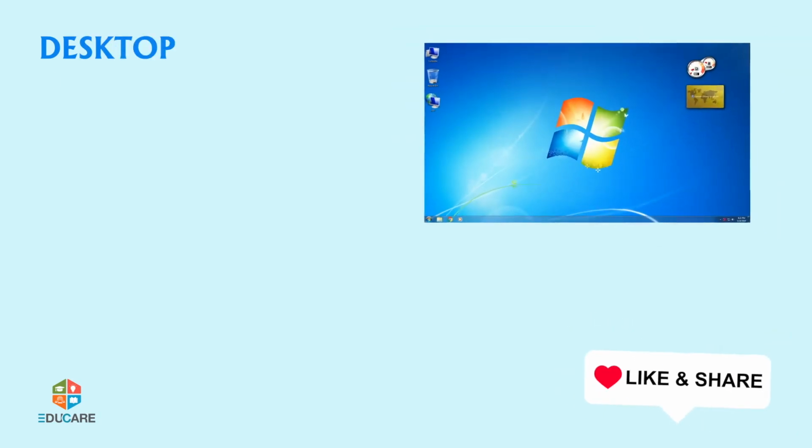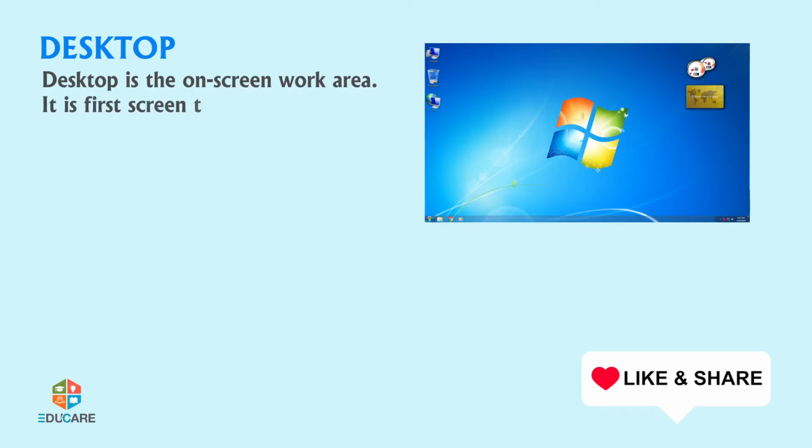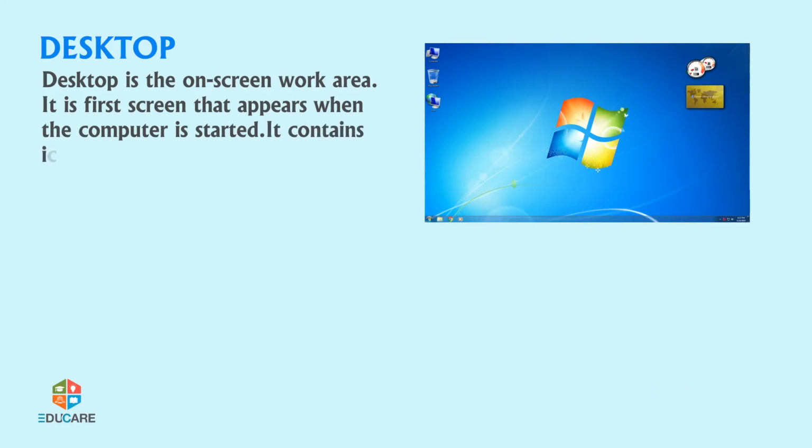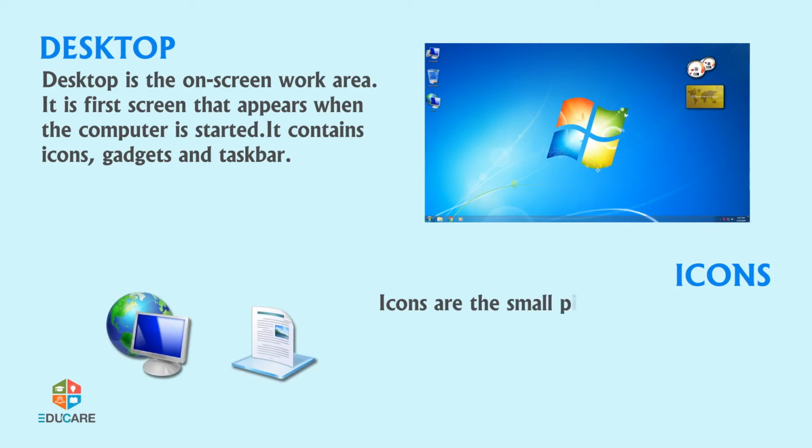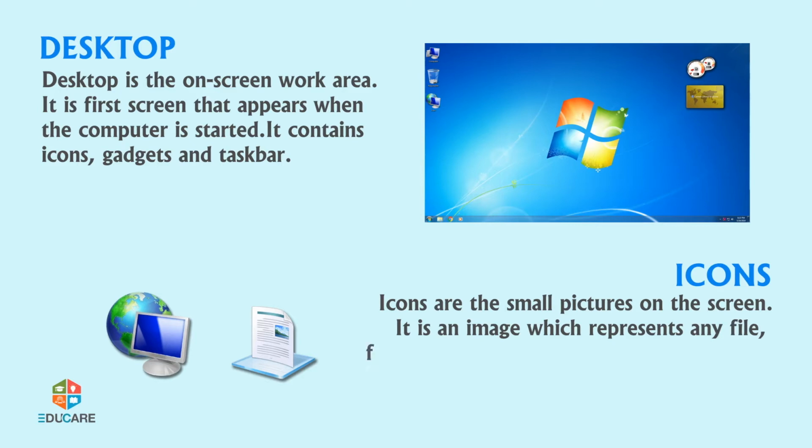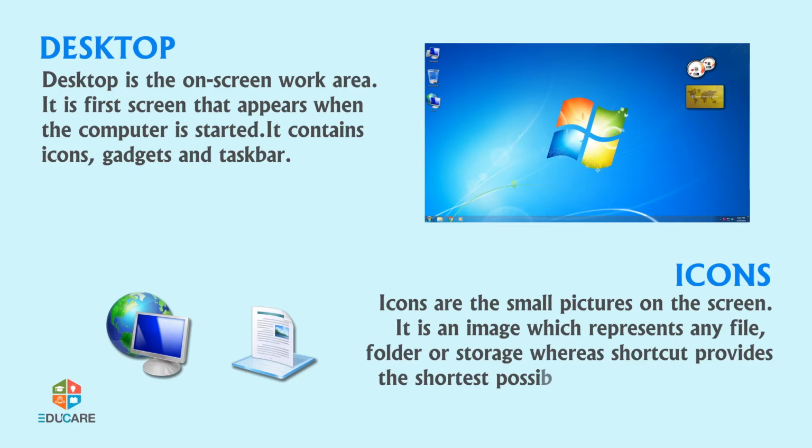Desktop. Desktop is the on-screen work area. It is the first screen that appears when the computer is started. It contains icons, gadgets, and taskbar. Icons, Start button, taskbar, gadgets. Icons. Icons are the small pictures on the screen. It is an image which represents any file, folder, or storage, whereas a shortcut provides the shortest possible method to access